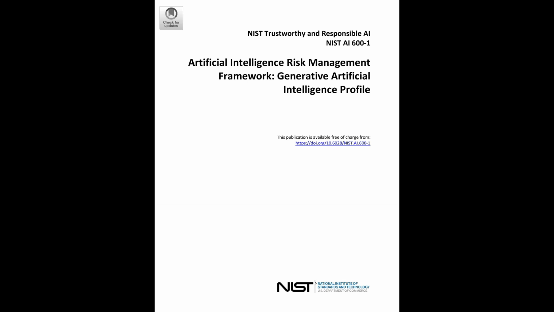Okay, risk number 8. Number 8 is information integrity. This is closely related to confabulation, but broader. It's about how GAI lowers the barrier to creating and spreading content where it's hard to tell fact from fiction or opinion. So the deepfakes, the fake news articles. Yes, and just the sheer volume of it.